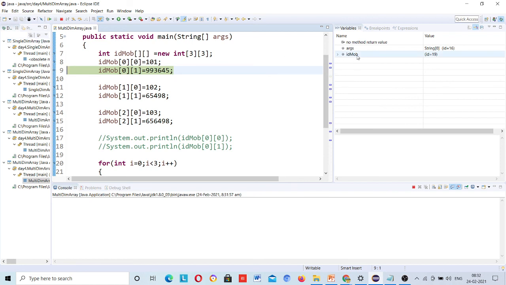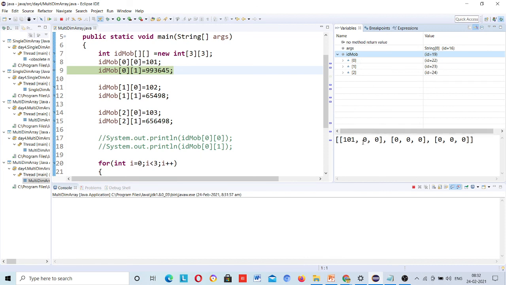Okay, just let me put this. You can see this is an array, the outer array, and these are arrays inside an array. What I said, there are no rows and columns, only arrays inside an array. This is an array, right? This is another array, this is another array, and these three arrays are under a big array, array inside array. Okay, just use step over and see this one.